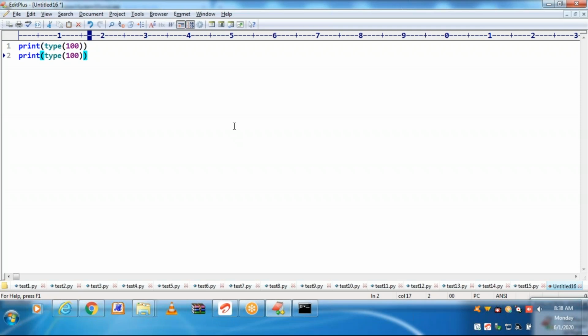Let's go for Control J. What happens if I convert 100 into bool? Please observe. What happens while converting 100 into bool? First try to print what it could be, then you can go for type.